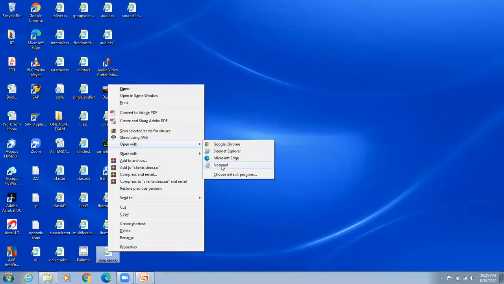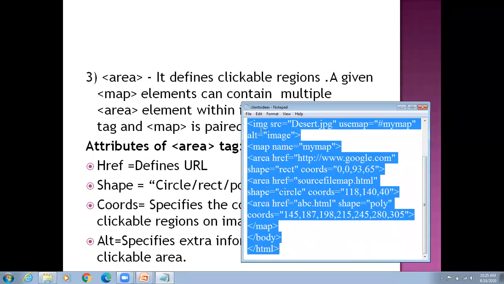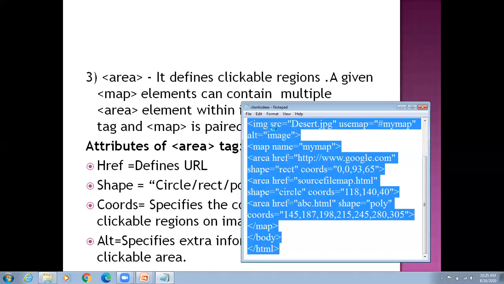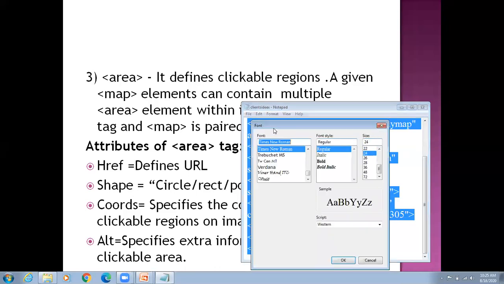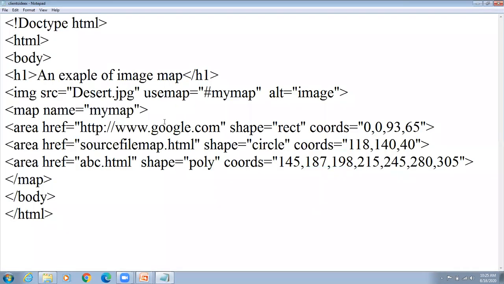Let's see the program of client-side image map in HTML5.